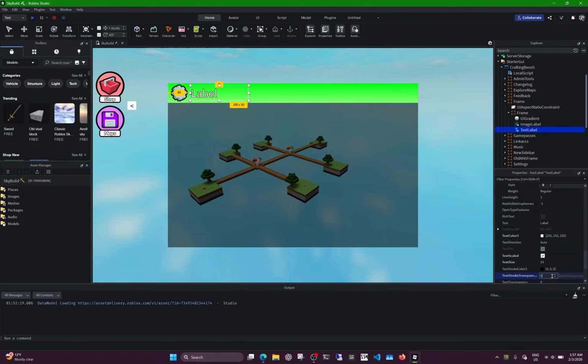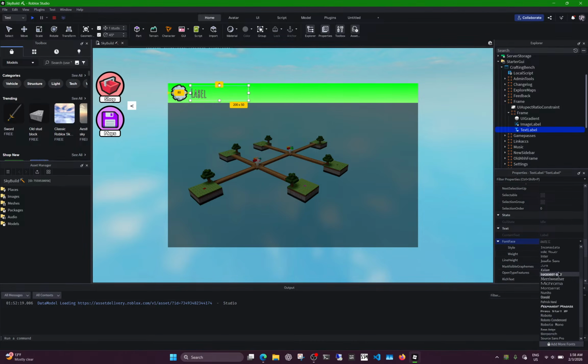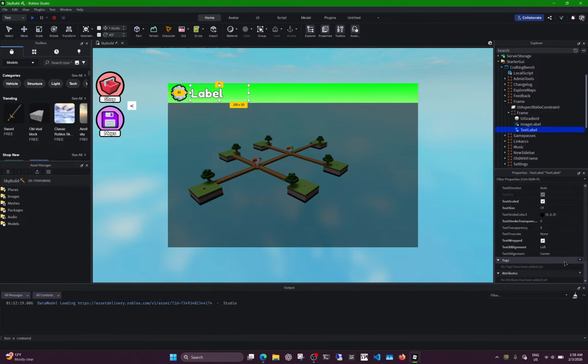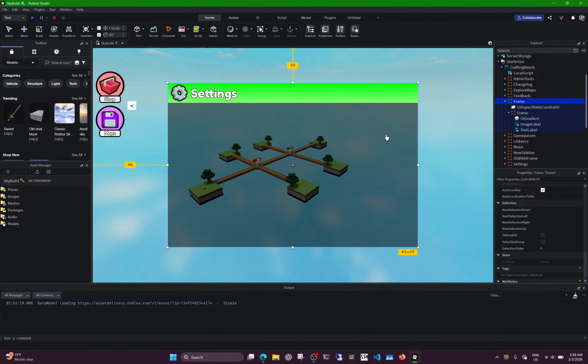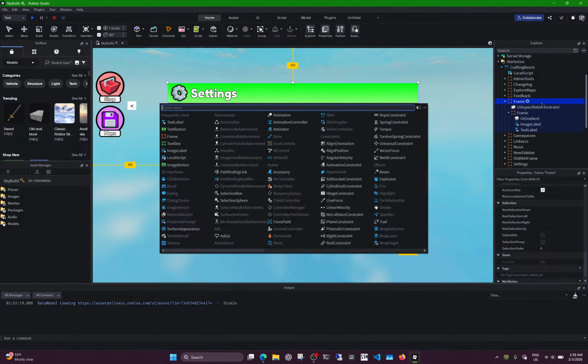Text stroke transparency 0. Font. Oh, no, not that. And this could be called settings. Okay, whatever. Okay, so then we can add